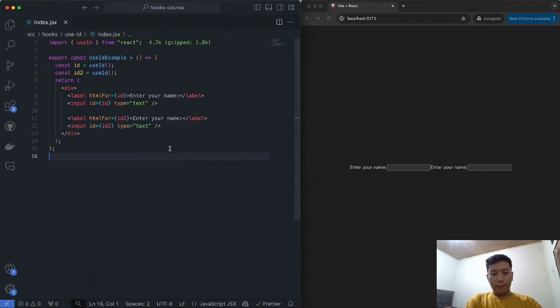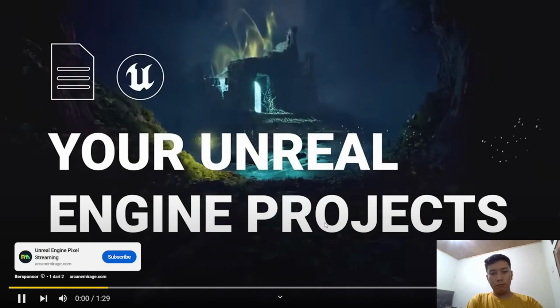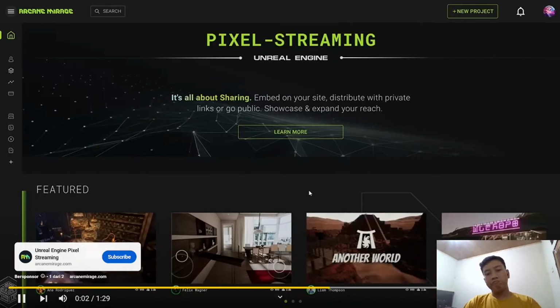Now, there are a couple of things that I would say are best practices. For example, I would say use useId mostly for labels and inputs, but also for just dynamic elements, like whenever you have a section that might